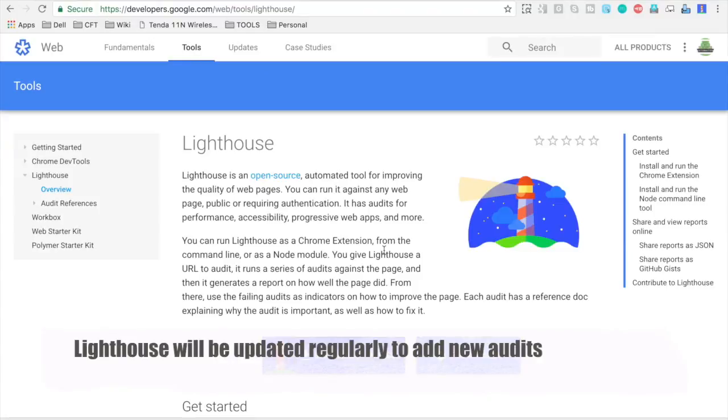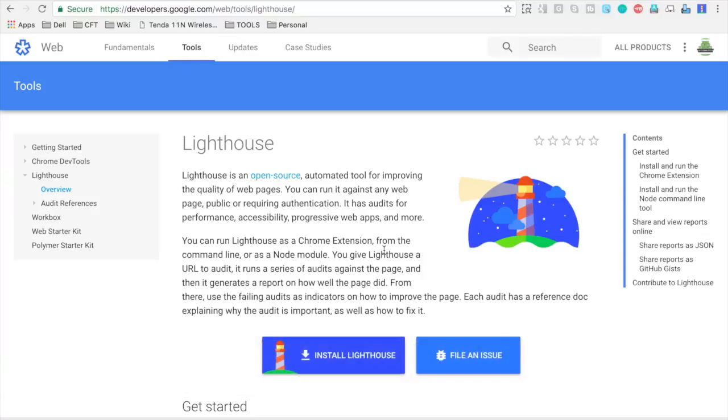Lighthouse can do a lot of things for you that you will actually take days or weeks if you want to do it manually or you want to write a script for it. So this is how you can very easily and quickly use Lighthouse.